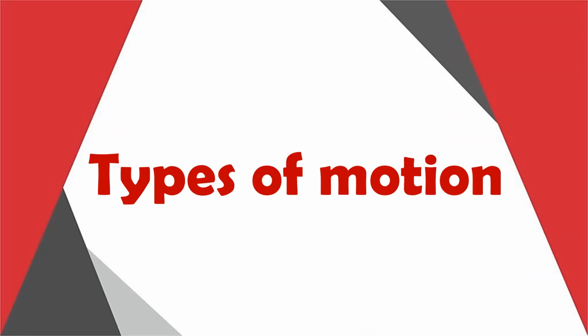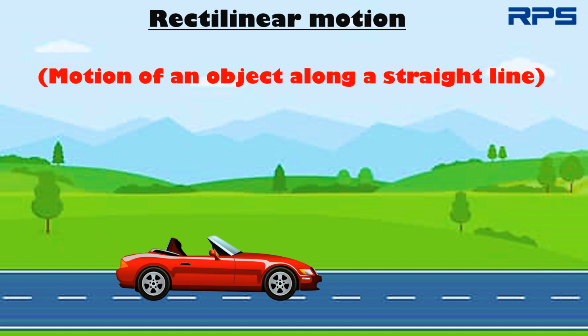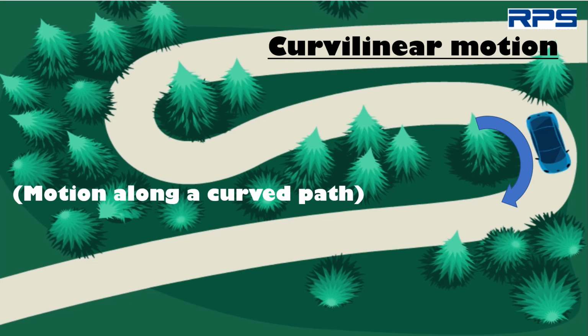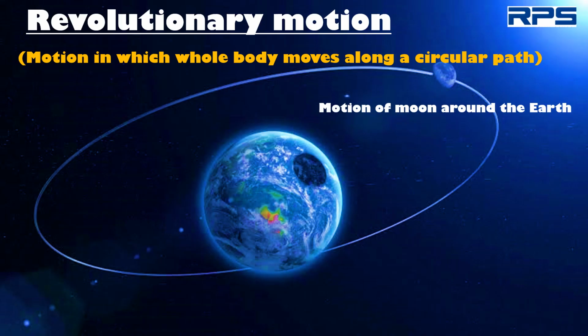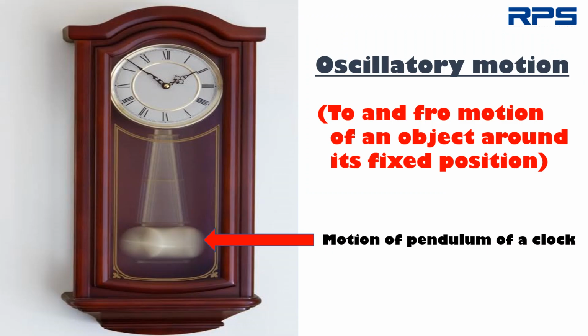In the previous class, we have also studied that motion can be grouped into different categories as rectilinear motion, motion of an object along a straight line; curvilinear motion, motion of an object along a curved path; revolutionary motion, motion of an object in which the whole body moves along a circular path; rotational motion, motion where a body spins on its axis; oscillatory motion, to and fro motion of an object around its fixed position;